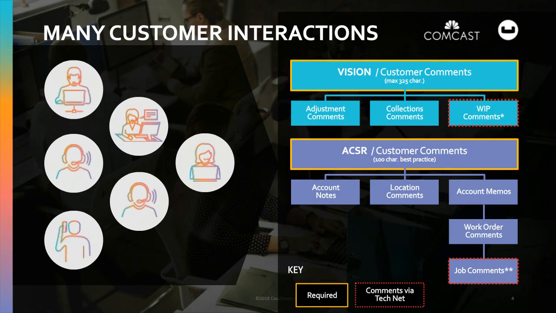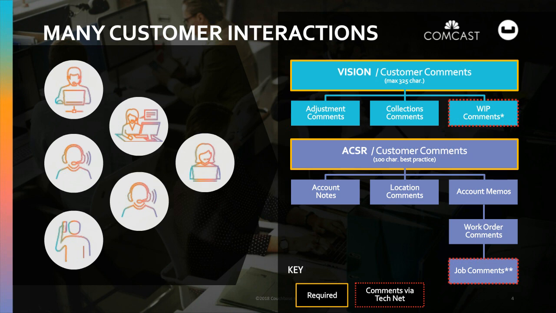So from our call center trips and speaking with our field technicians, it was clear that we have many people in various roles and in various settings working tirelessly to achieve the highest customer satisfaction possible. All of these boxes on this slide represent the different customer notes and the different systems and locations that they existed. There were many different types of customer notes being created in different tools and different applications used by our technicians and service representatives.